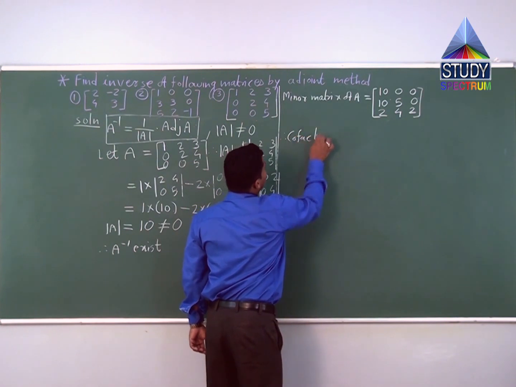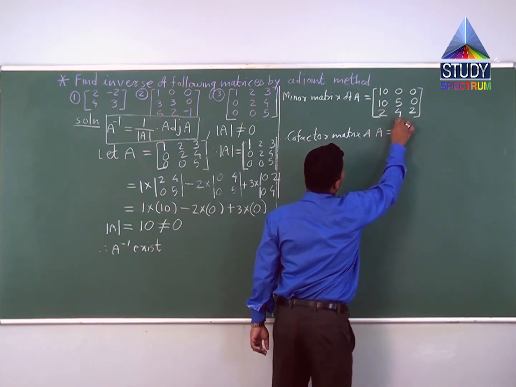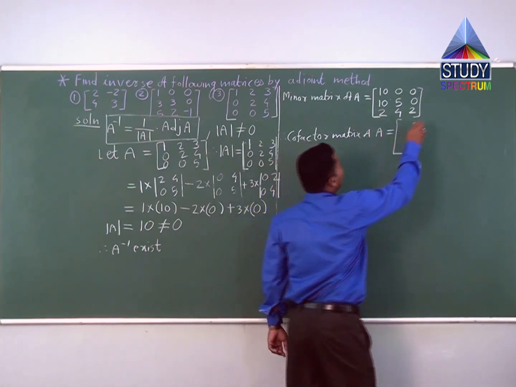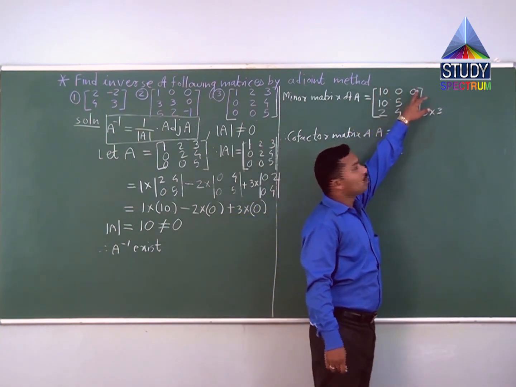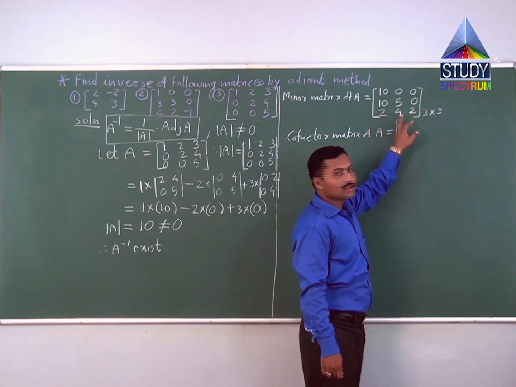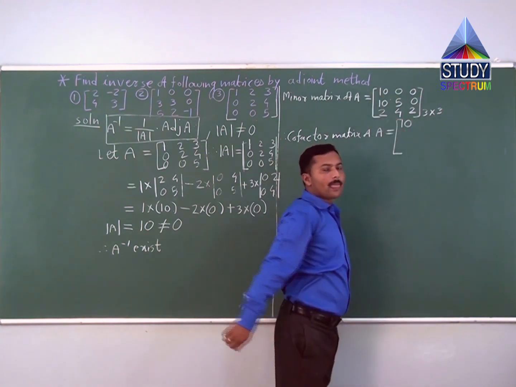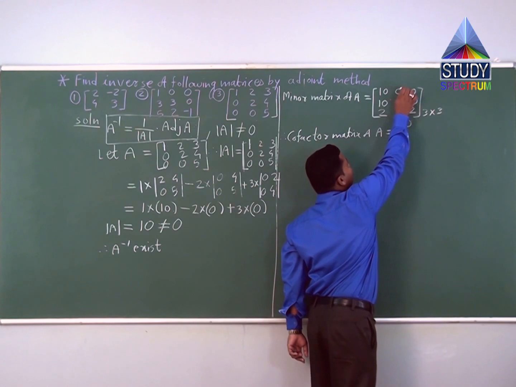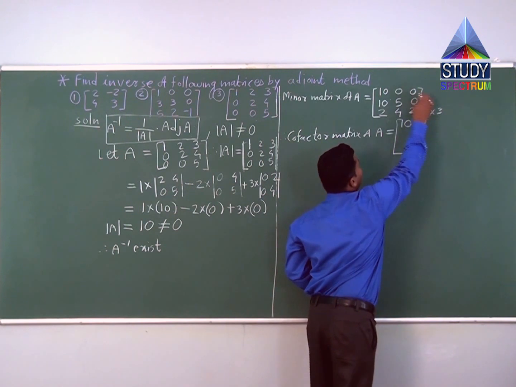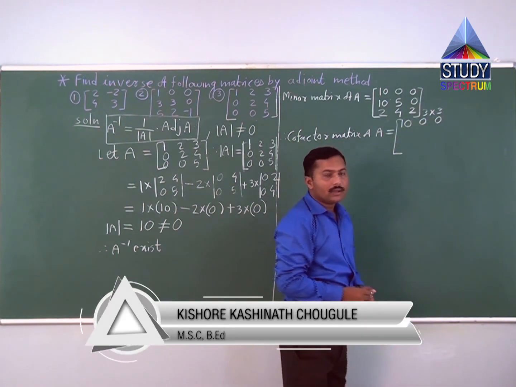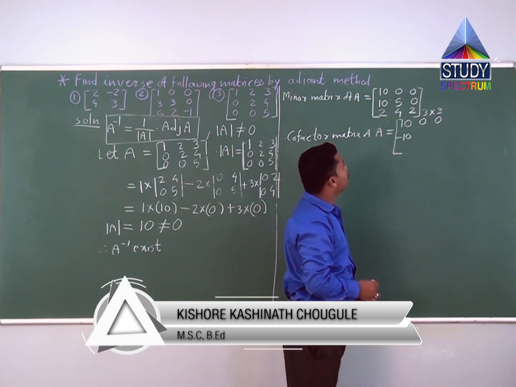Therefore the cofactor matrix of A equals, this is a 3 by 3 minor matrix. So we only use the idea of no change, change, no change, change, no change, change, no change, change, no change. This is a simple idea. No change means 10 as it is. Change means only change the number's sign. So 0 replaced by minus 0 means again 0. Again no change. Again change means 10 replaced by minus 10.